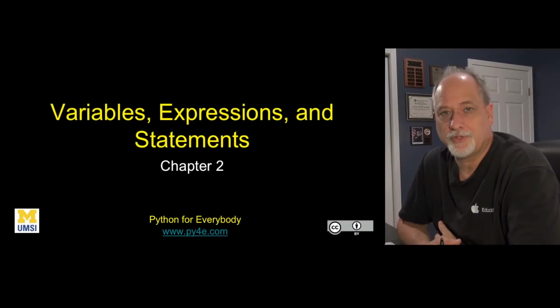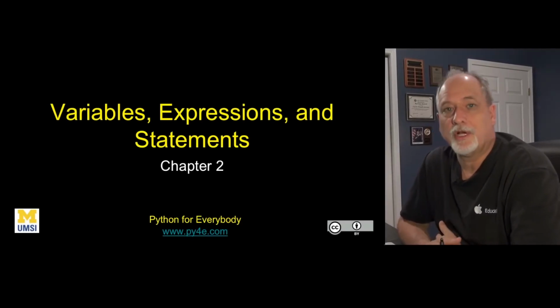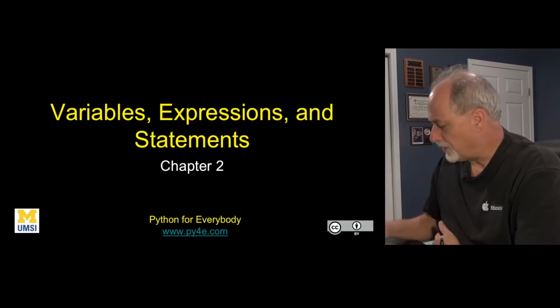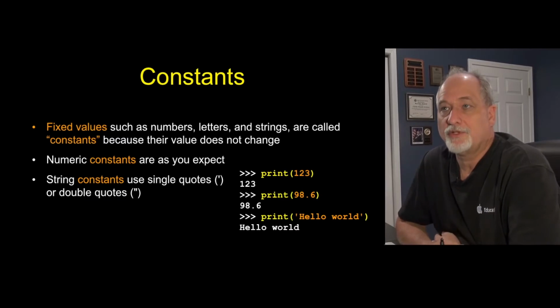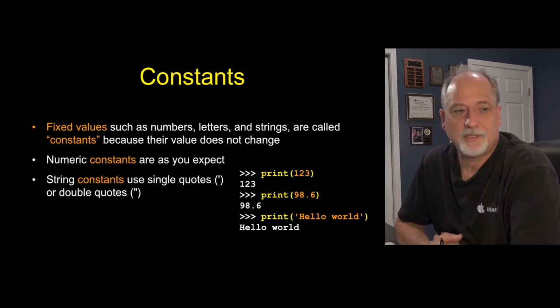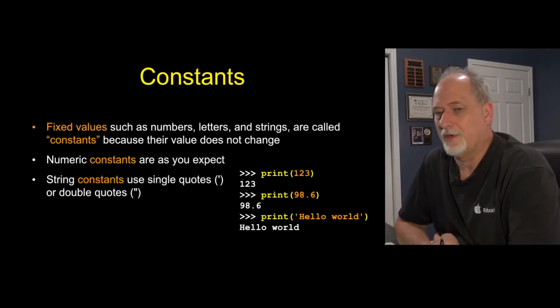And welcome to Chapter 2. Now we're going to continue to talk about the building blocks of Python: variables, constants, statements, expressions, etc. The first thing we have to talk about is constants. We call them constants because they don't change. They're numbers, strings, etc. And we use them to sort of start calculations, or if